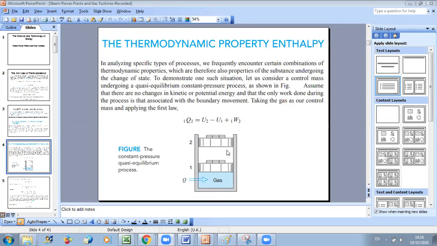okay, and it's undergoing a change in volume due to heat. Okay, we are heating the gas and it will expand. Okay, and this process is taking place at constant pressure. If we want to do the analysis of this case, we will write the conservation of energy. Okay, we will write the first law of thermodynamics. The first law of thermodynamics will state that